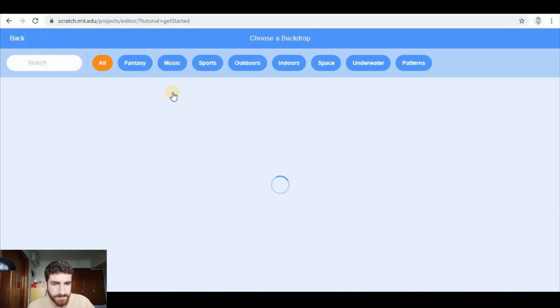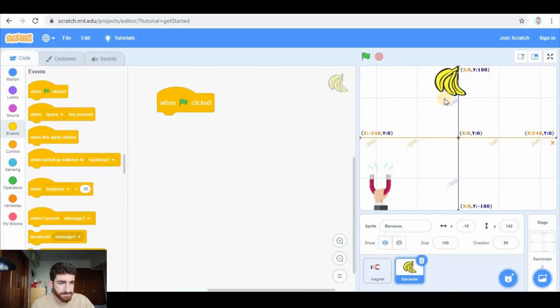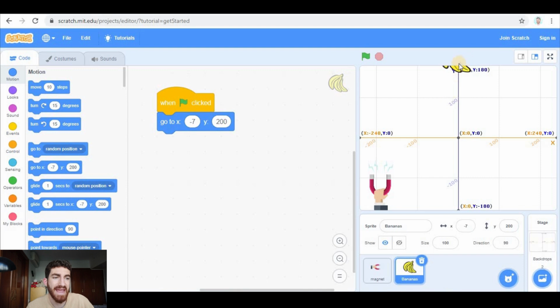So I'm going to add a backdrop that is going to help us do that, which is the XY grid. As you see, the height of the Scratch screen is 360 pixels, okay? From the center, which is x0, y0, it's negative 180 down and 180 up. So if we want the bananas to appear there, and if they are above this position, as you see, this is y200, we could put at the beginning, go to y200,